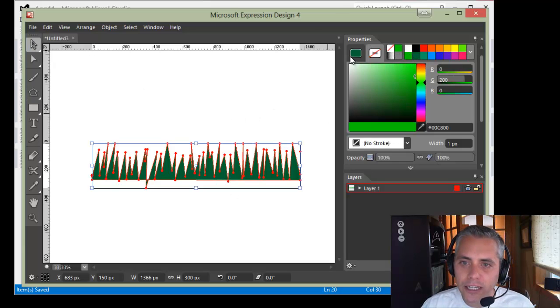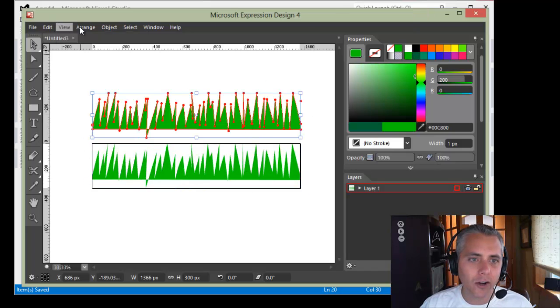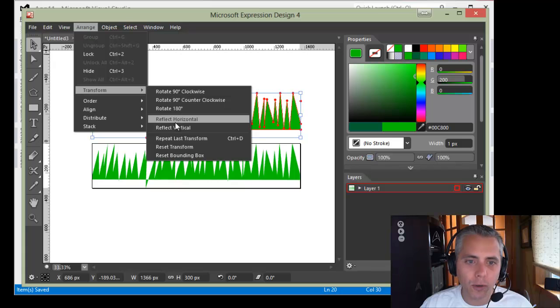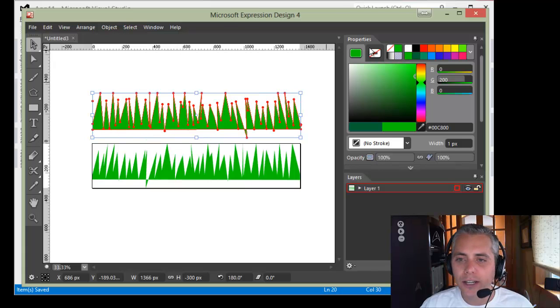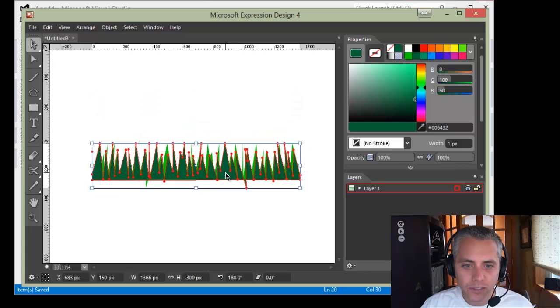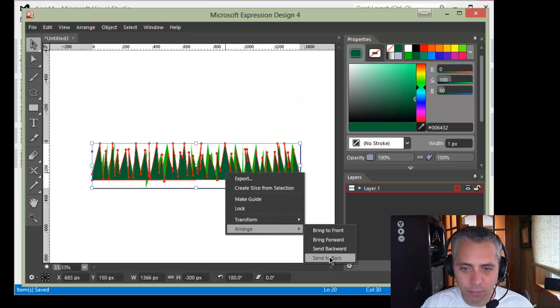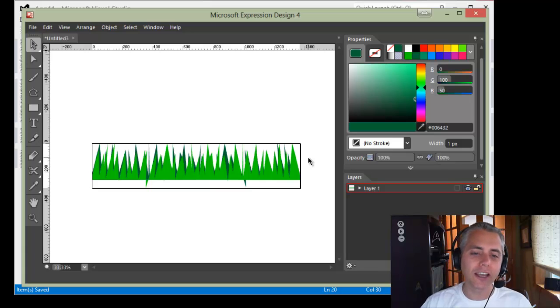I want to make sure it doesn't have an outline. I'll make it light green, and then I'll just copy it. I'll go up here to Arrange, Transform, Reflect Horizontal, and then that's just flipping it, right? Make it dark, bring it down on top of it, and maybe I'll send that to the back. And now you can sort of see, yeah, kinda, it's grass, right? No big deal. You would work harder and do a better job and not do it in a matter of